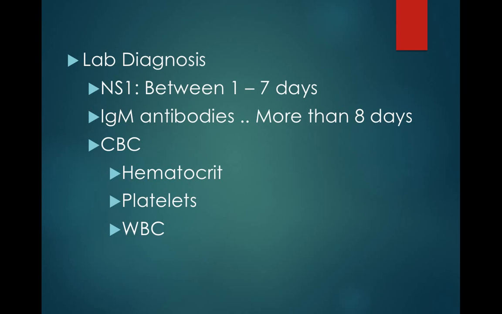If we are taking the blood within the first 7 days of the illness, then there is a specific test called NS1. If it comes out to be positive, then it is a confirmed case of dengue infection. But if 7 days has already crossed and then we are taking blood, then NS1 is usually negative. And then we need to see antibodies in the blood, which are IgM antibodies, which are positive usually after the second week onward only. We can also see complete blood count, where three critical things are hematocrit, platelet, and white blood cells.